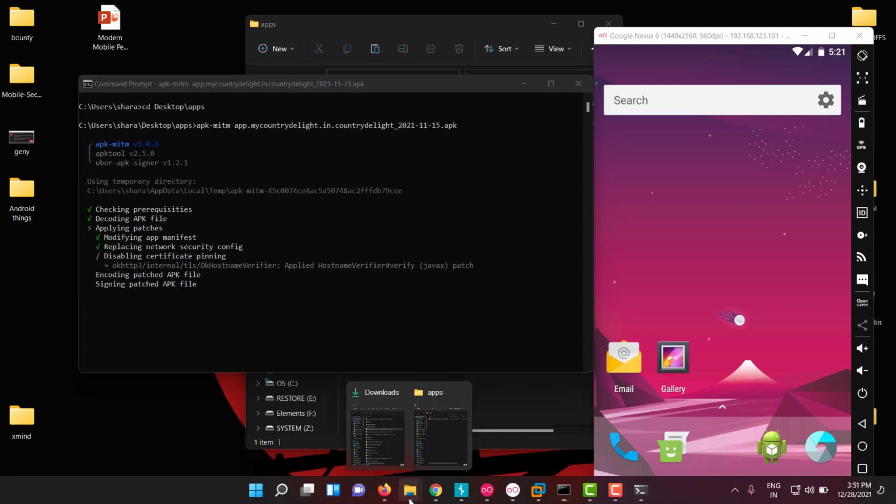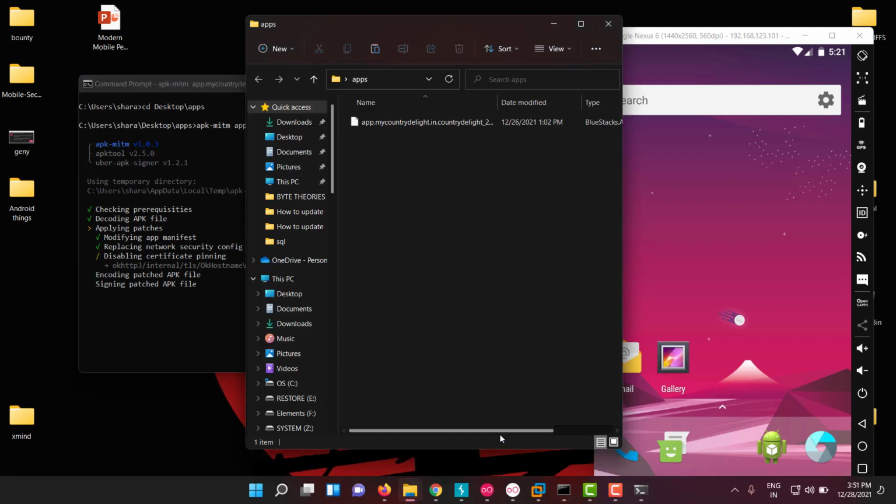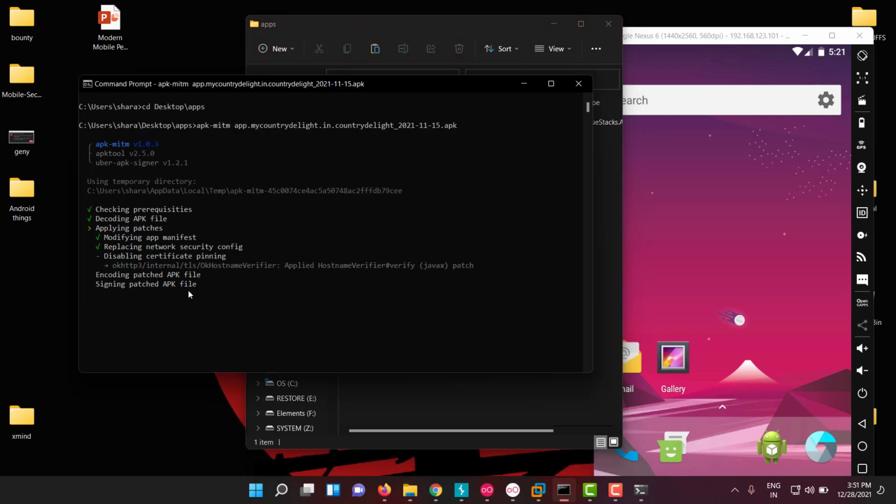So what was our APK size actually? I didn't see. Let me check. It is 16 MB. Yeah, it does take a good amount of time. An optimized APK would generally be less than 8 to 9 MB, but this app doesn't have that much optimization as per my knowledge. So it doesn't matter for us here. Let us see how much time it takes. I'm going to pause the video and come back when it's done.